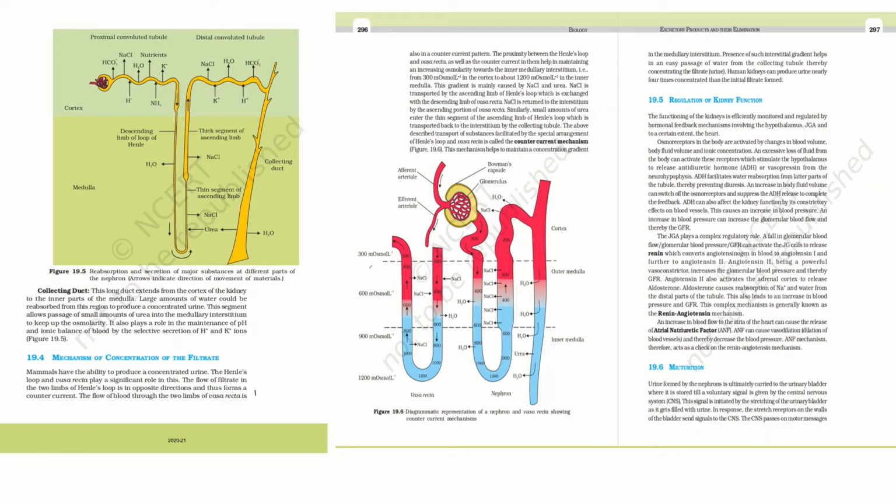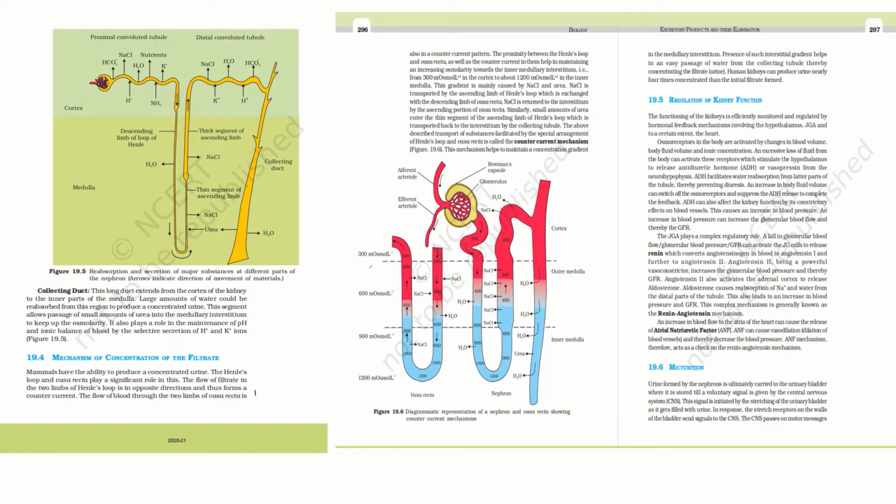So specifically here we are going to talk about humans. Humans belong to the class of mammals and we all are terrestrial organisms, right? Being terrestrial organisms, we have the ability to produce concentrated urine and we are adapted to prevent water loss. Now this water loss is prevented by the water reabsorption method, right? So the water reabsorption method makes the urine concentrated. How? We are going to see it over here.